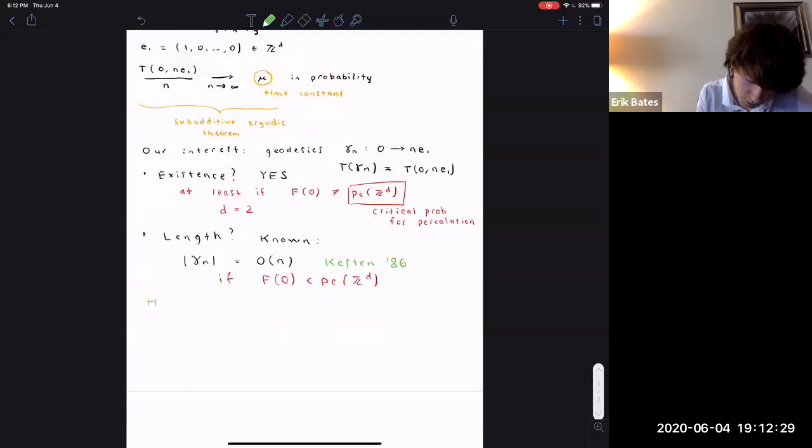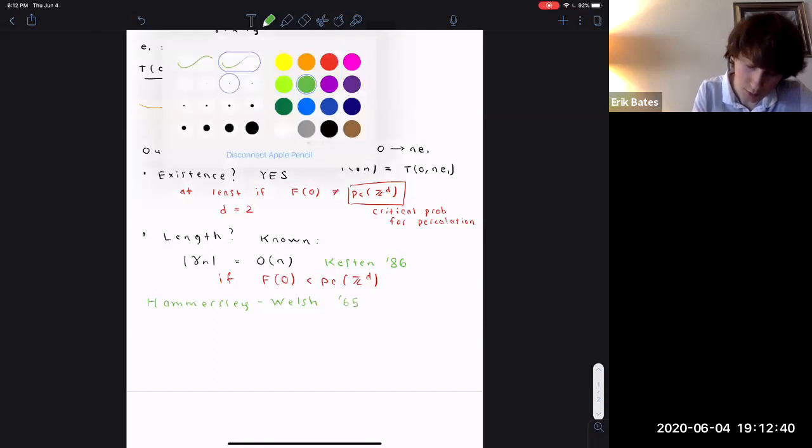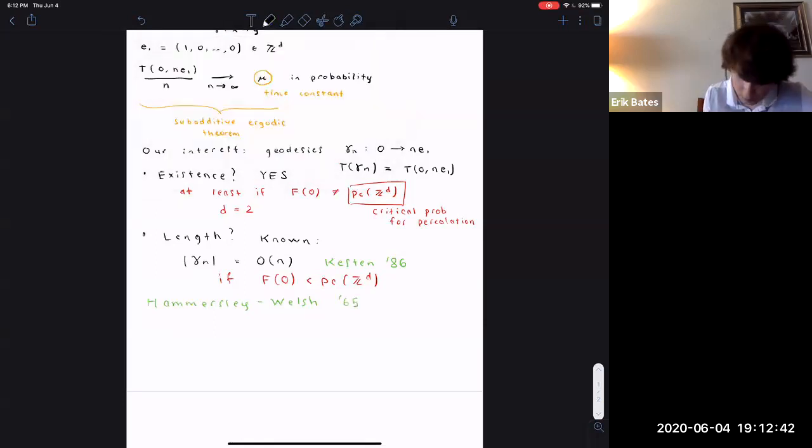But as I mentioned here just a second ago, there's a finer question, and this is as old as FPP itself. It was asked by Hammersley and Welsh in '65. This was the paper that they originally introduced FPP in. And the question was, if I take the length of gamma n divided by n, do I have a law of large numbers for this? So does this converge